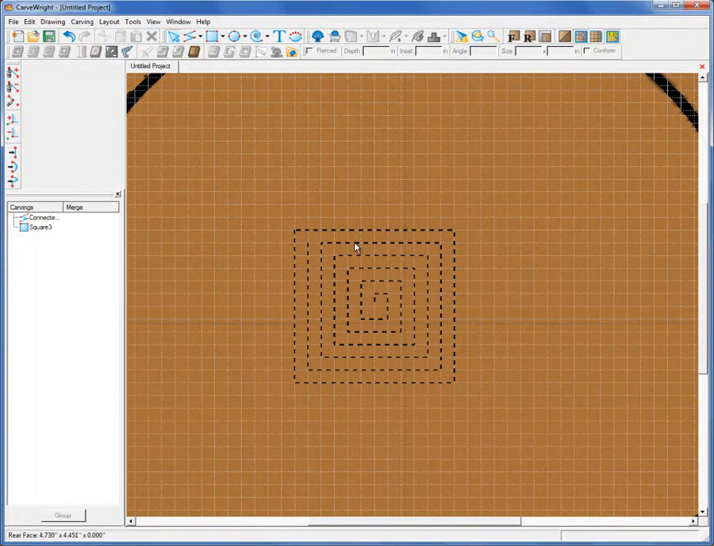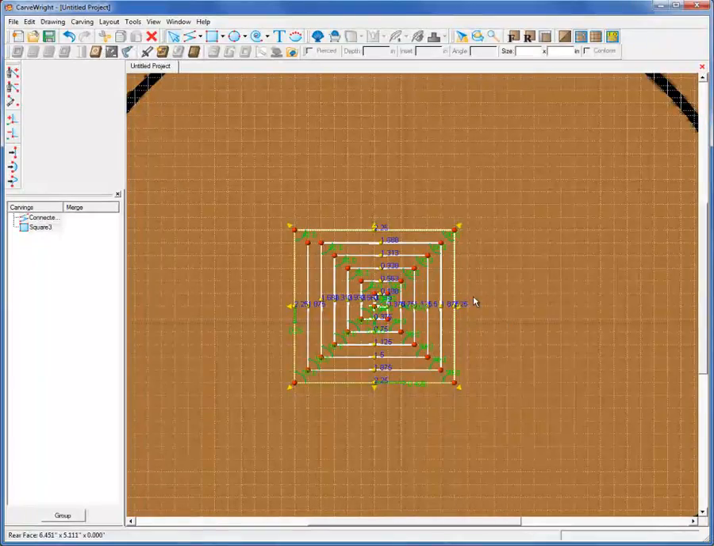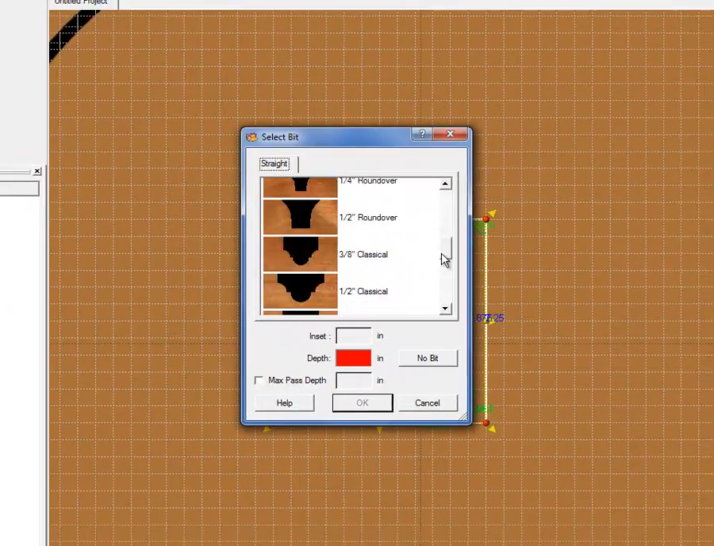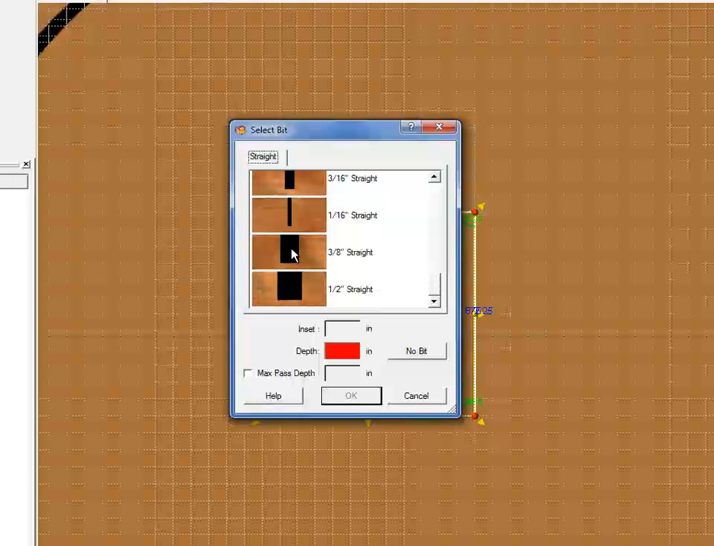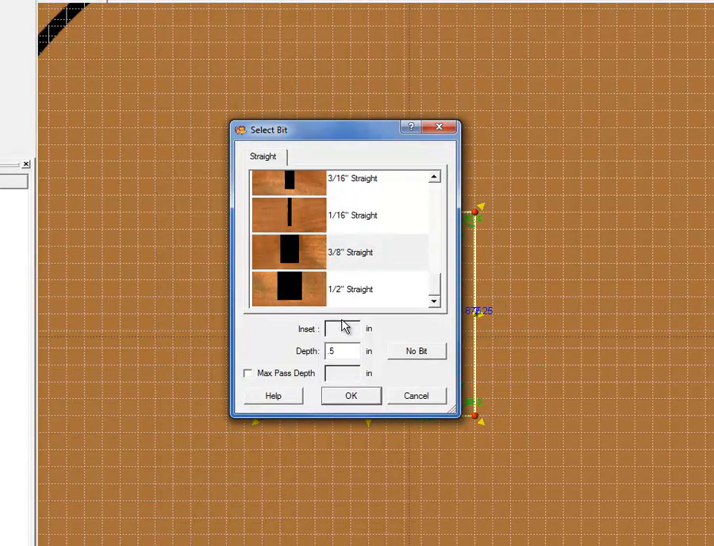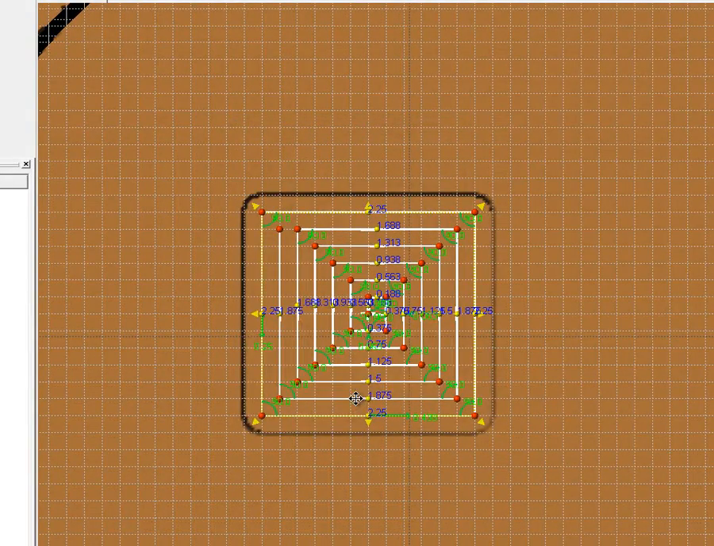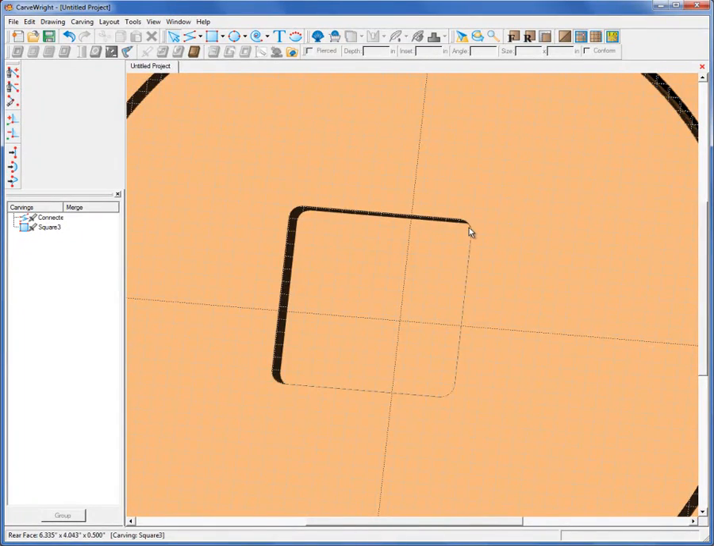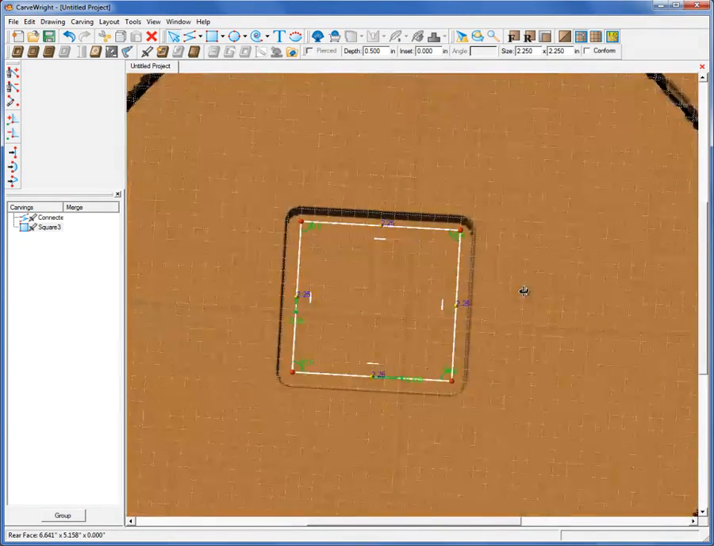Now all of these are going to be assigned the 3/8 inch bit, so I'll just select them all, go to our bit selection, hit the 3/8 inch straight bit. We know that the total depth will be a 1/2 inch, and let's make the max pass half of that, 1/4 inch. OK. So here we have our pocket,